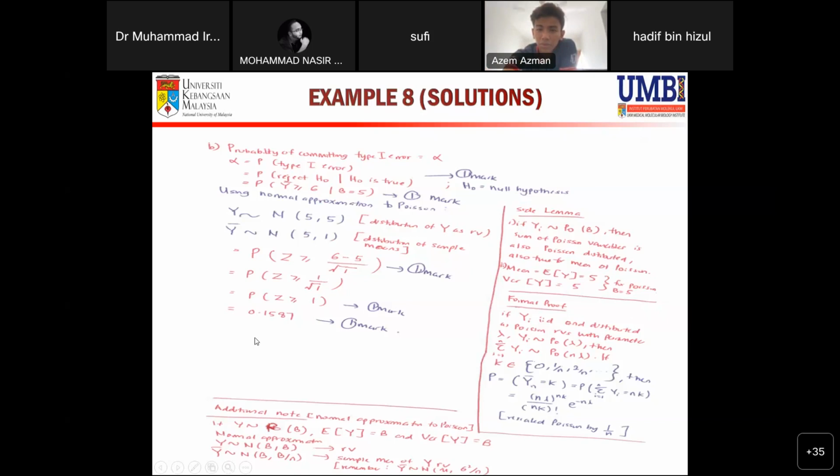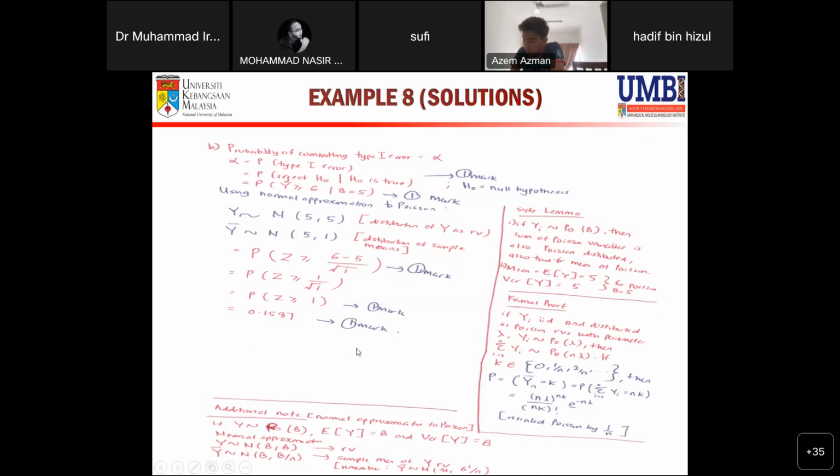But in this case, we're not doing any conclusion from this, so we just stop there. So the probability of obtaining alpha, or the type 1 error, is 0.1587. In this case, if you put the correct values for the z for the probability of standard normal here, you will get 1 mark. If you manipulate the quantities here well, then we will obtain another mark. And then if you obtain the right probability value for this one, you will obtain another 1